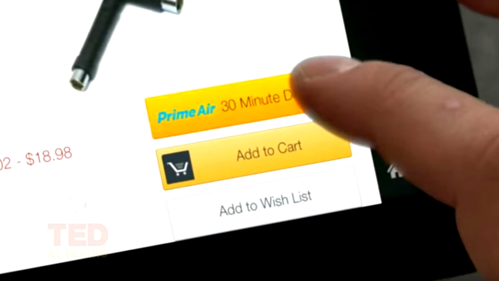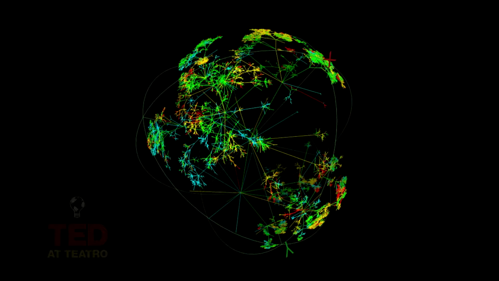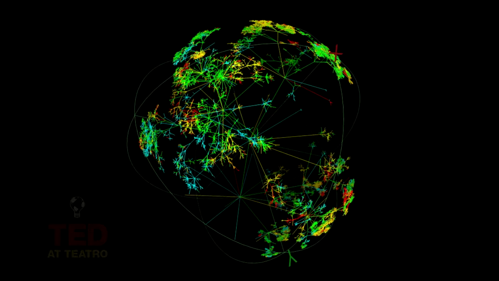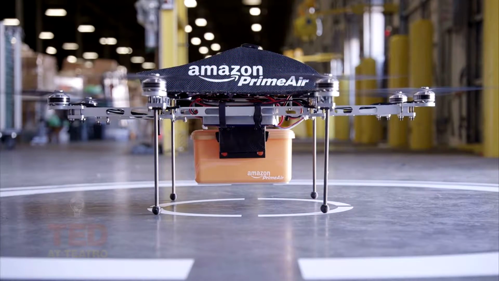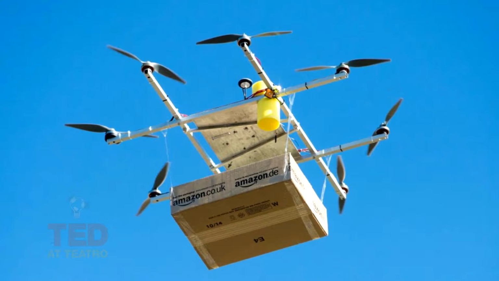This is Prime Air. This is drone delivery of your Amazon products, and you can get your Amazon Prime delivered in 30 minutes via drones using the Dash button. This is what Dash deployment looks like visually. Somebody hits that green Tide button, and a drone from Amazon brings you your laundry detergent and your Gatorade because you need it that badly. You need it that badly.